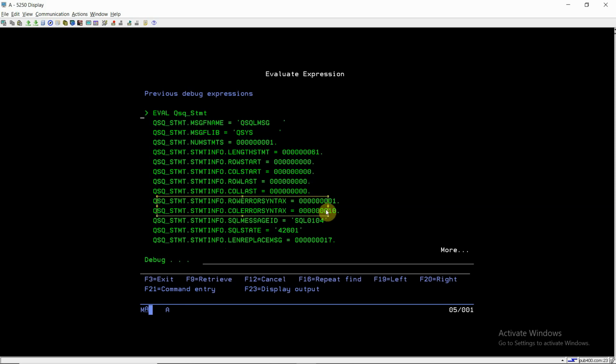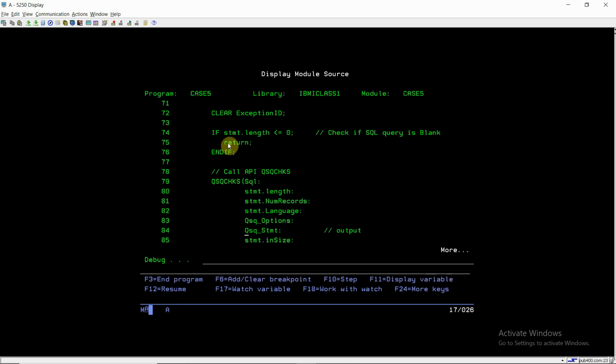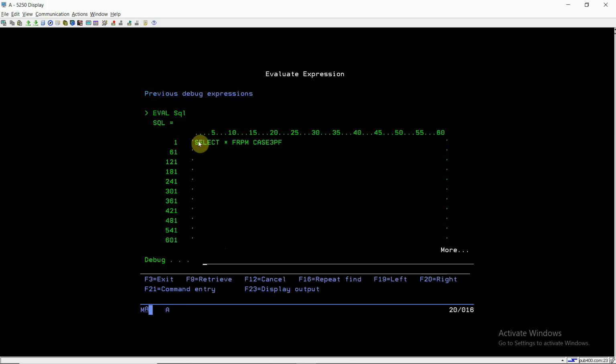Row syntax error, row error syntax has 1. So there is an error in the first row and on the 10th column. So if I check, 1 2 3 4 5 6 7 8 9, so 10th, starting this one, so this has the issue.